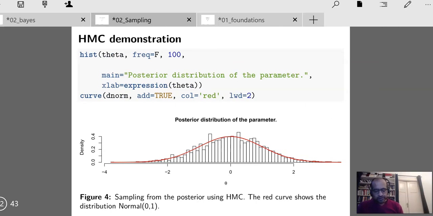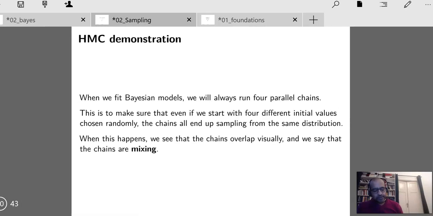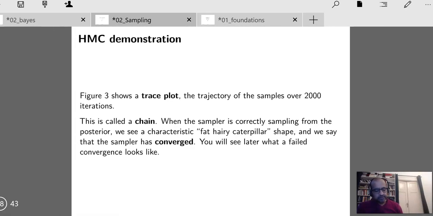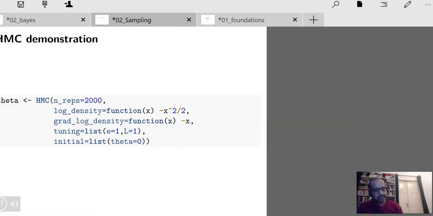So what you're seeing in red is the true distribution that we're sampling from, and the bar plot, the histogram, is actually showing you the samples that we got using HMC. Okay, so that's the end point of the whole sampling algorithm. But what I want to show you is that